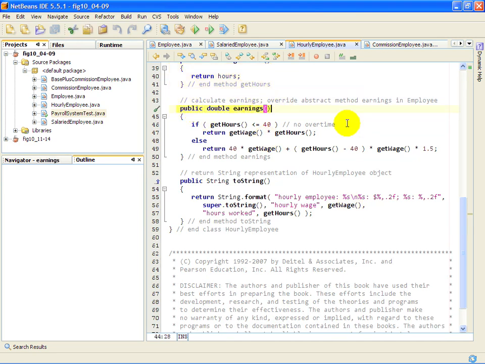And down here at the bottom of the class, once again, you'll notice the same first line for our earnings method. It takes no parameters, it's called earnings, and it returns a double. And in this case, we have a more complex way of calculating the earnings that is specific to an hourly employee. So if the number of hours worked is less than or equal to 40, then we will simply return the wages times the hours, and we use our get methods to obtain those. Otherwise, we're going to return 40 times the wages, and then we're going to determine the amount of overtime hours. We're going to multiply that by the wage, and then 1.5 for the time and a half